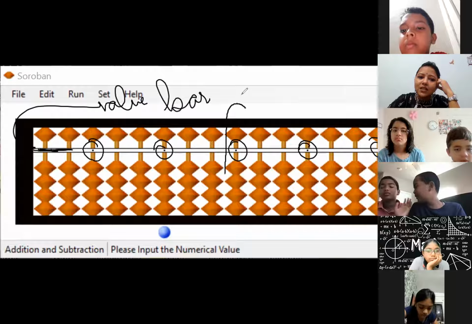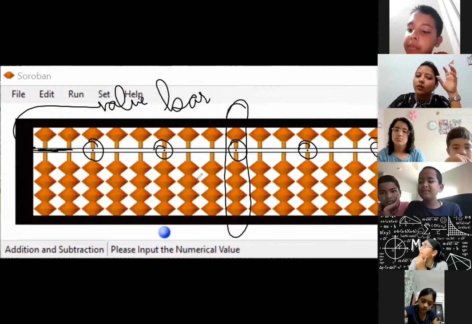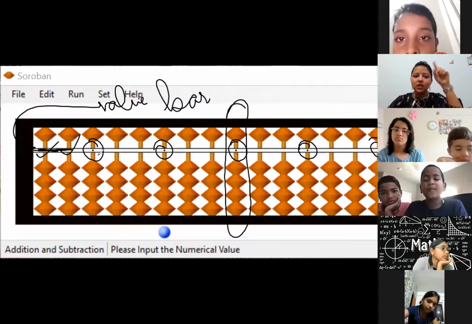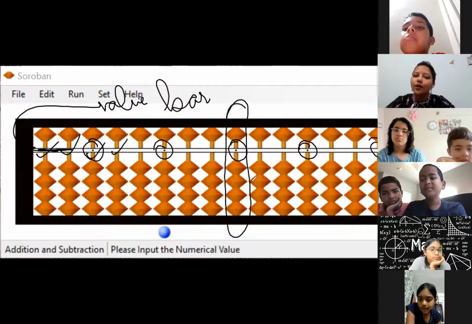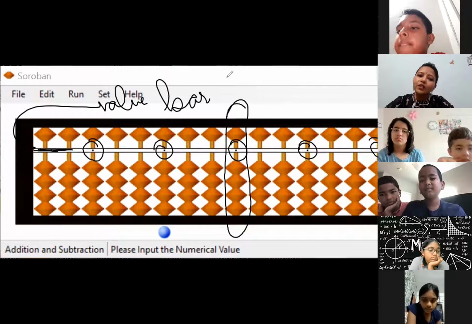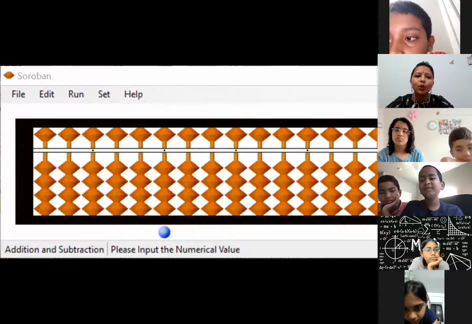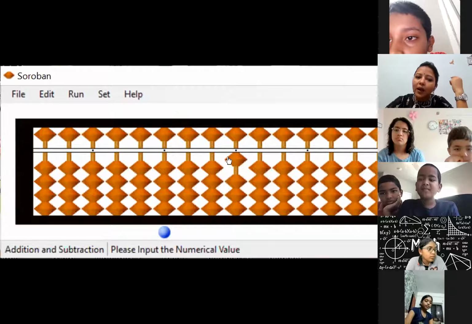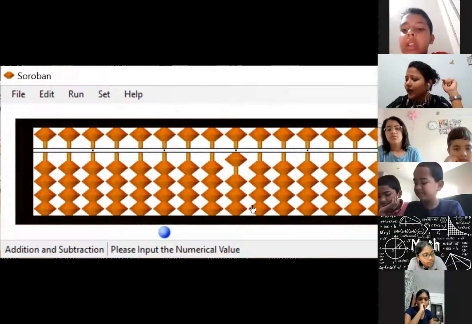We always start from the center one. The third dot is your center dot, and the center rod. You know these vertical lines in which beads are there, these are known as rods. So this is our ones place, then tens, 100, and so on. So how do we make number on the tool? As we made one on hand, we raise one finger. On tool, we touch one bead to the value bar. What is the value right now?